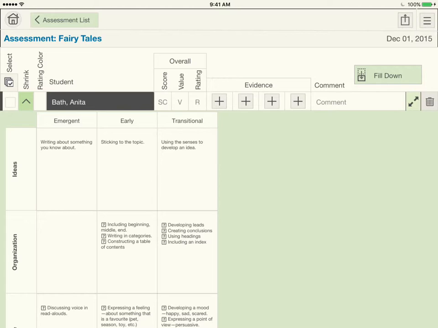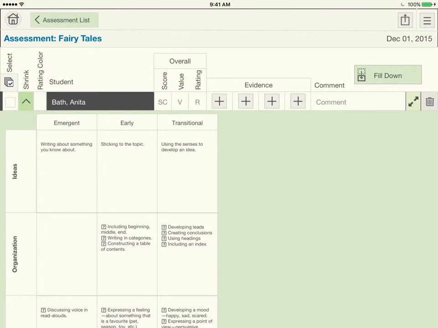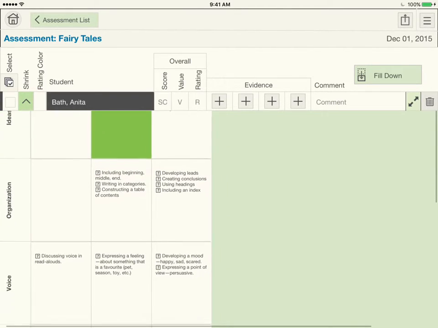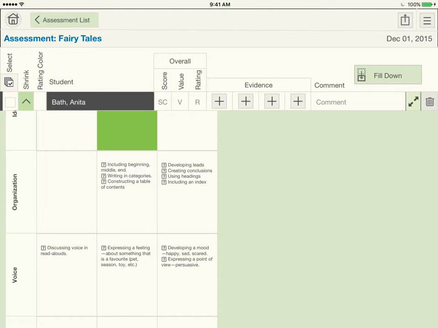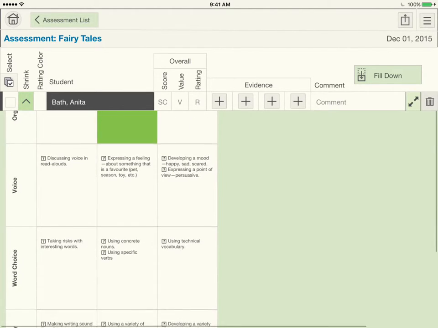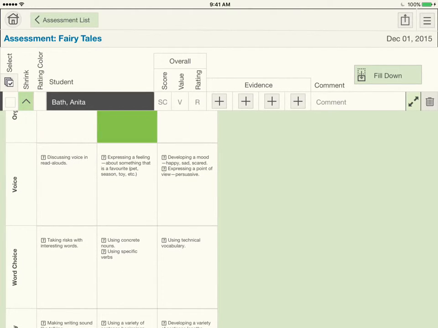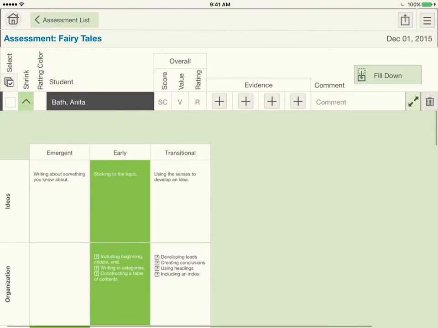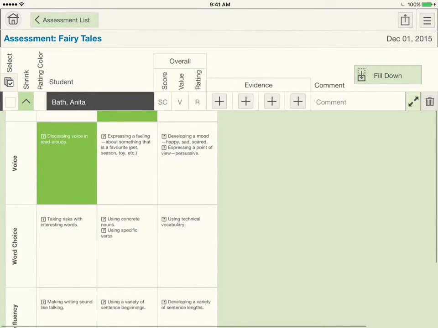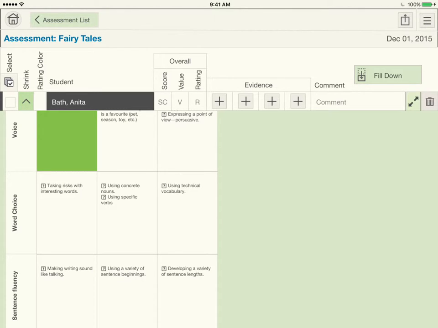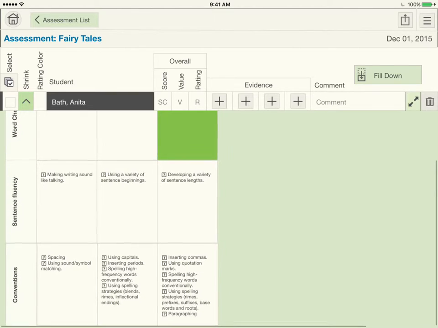So I'm not going to use any evidence for this right now, but I'm just going to go down here and I'm just going to say for ideas, maybe they were at the early level. So I just press or tap on the early square there. Organization, let's say they were early as well. Voice, let's say they were way up here in emergent, so they were down low. They didn't use much voice, but maybe word choice, they were transitional, and I kind of just keep going down